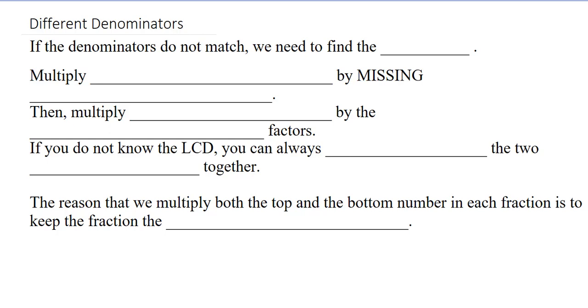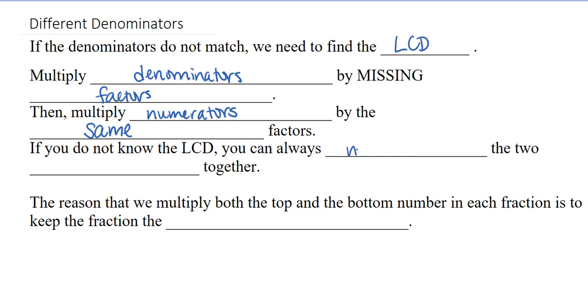different denominators. If the denominators do not match, we need to find the least common denominator. And so what we're going to do is multiply the denominators by the missing factors. And then we're going to multiply the numerators by the same factors. And if we do not know the least common denominator, which we call the LCD, you can